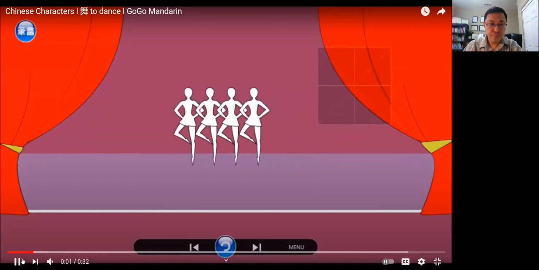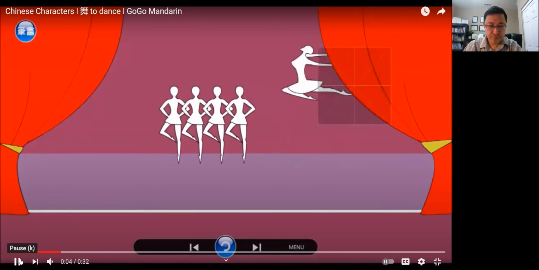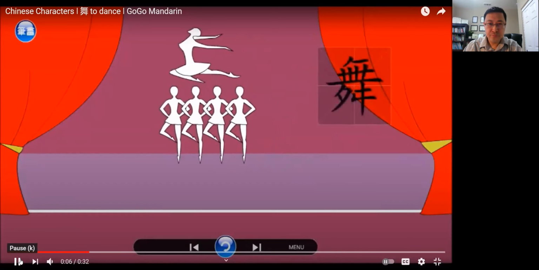We can see 5 people dancing on stage. The top part of the character 五 is like a person flying, with 4 others dancing below him. The horizontal stroke in the middle represents the stage, and below that are 2 feet. The basic meaning is to dance. 五 五